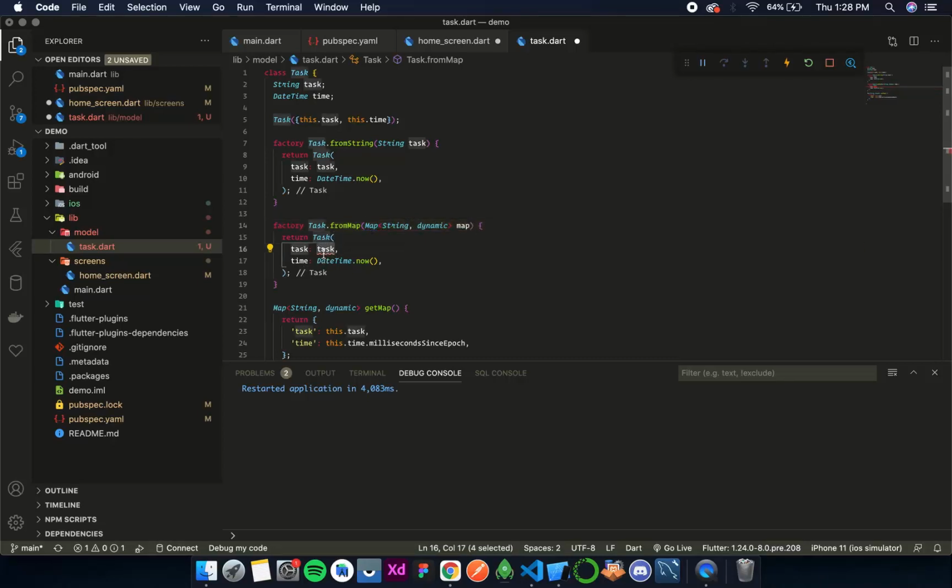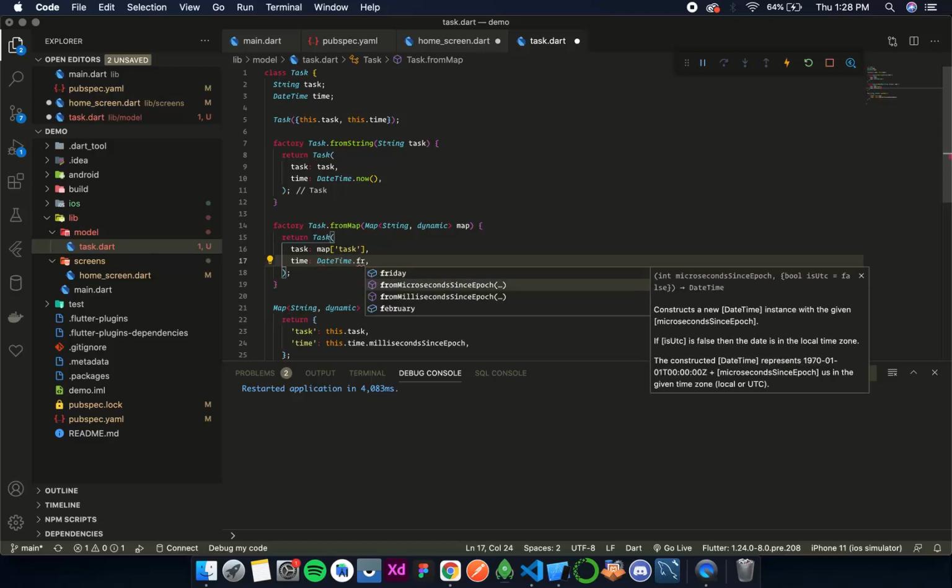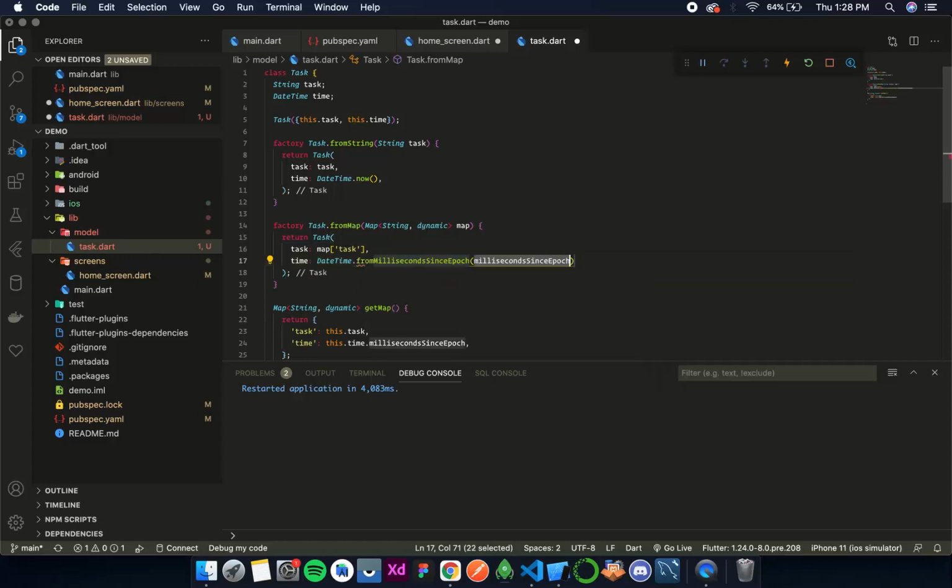So over here I'll get the map from map task, and the time will be DateTime.fromMillisecondsSinceEpoch, and then the time is map time.